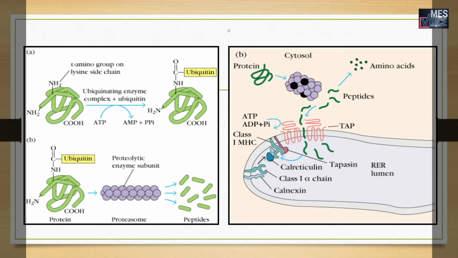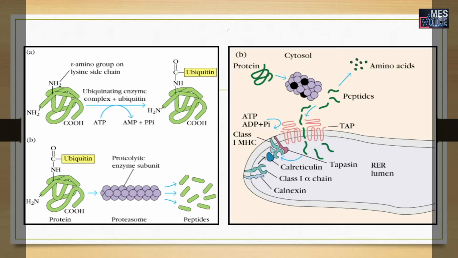and from the cytosolic compartment they have to enter the rough endoplasmic reticulum, and this transport takes place through a transporter protein called transporter associated with antigen processing, or TAP, and this process also requires ATP. And now after entering the rough endoplasmic reticulum, these peptides have to associate with MHC class